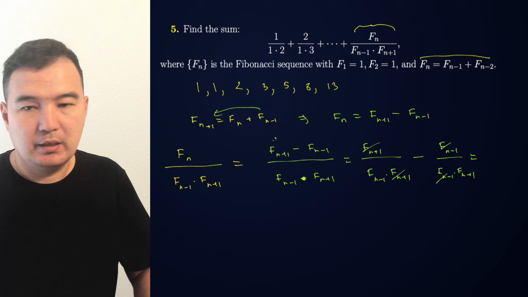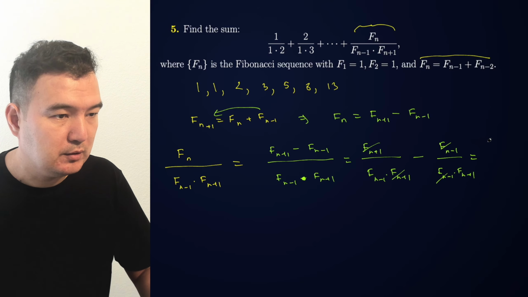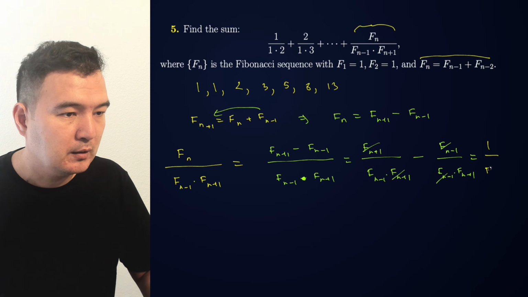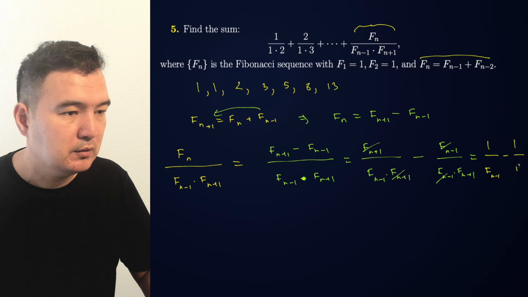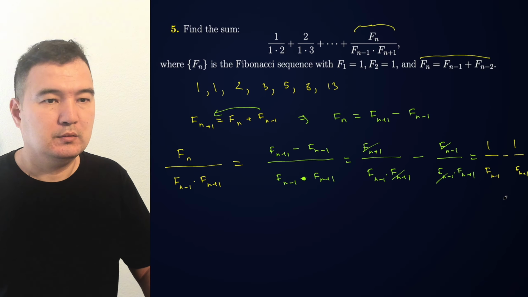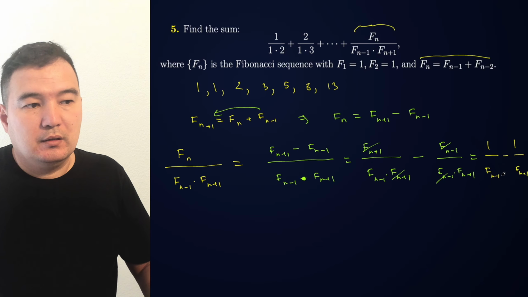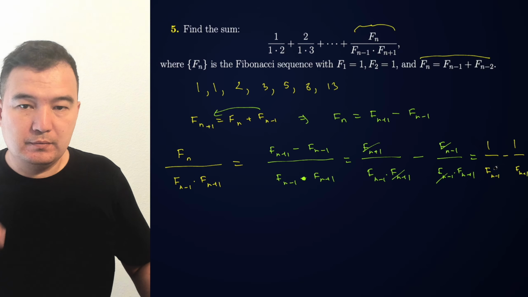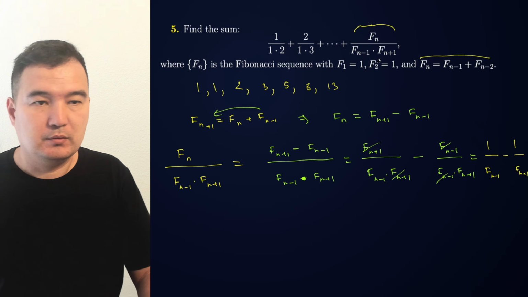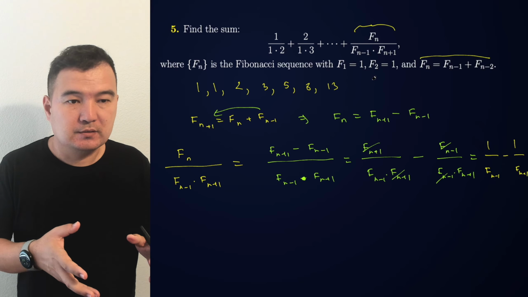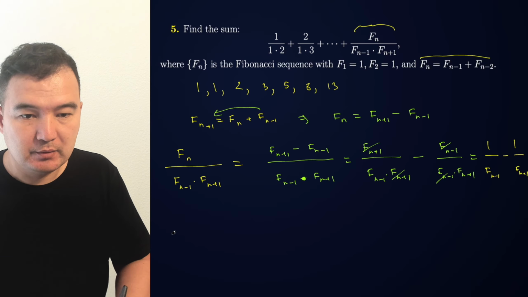So my initial expression is equal to 1 over Fn minus 1, minus 1 over Fn plus 1. So this expression is basically the difference of the reciprocals of these two Fibonacci numbers. So that gives me some kind of convenience to do the calculation, right? I can rewrite